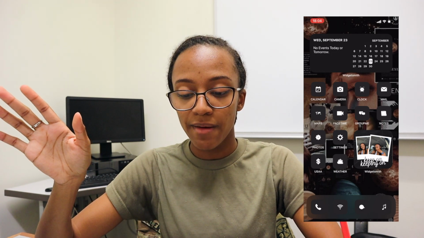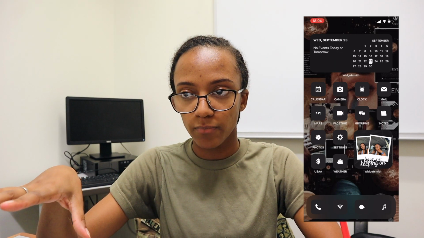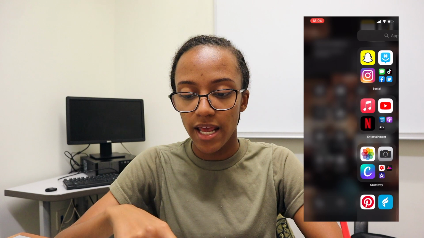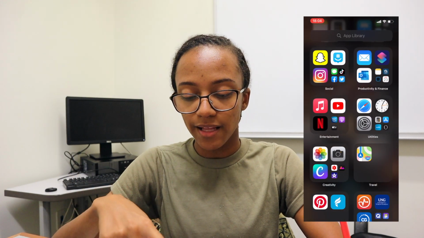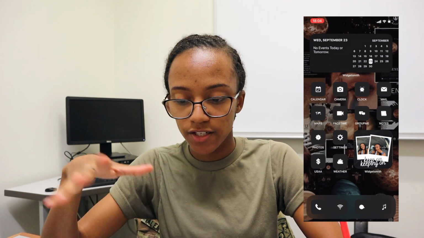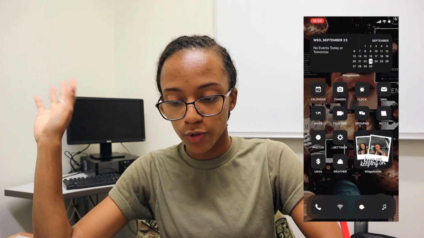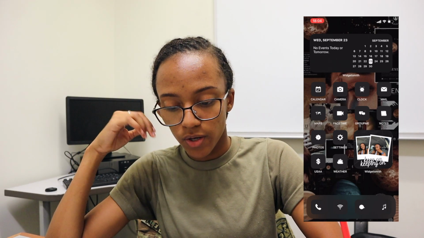Before iOS 14 came out, I would just have the top 3 rows filled with folders of apps. But now I can just put any apps that I'm not using into the app library to keep that aesthetically pleasing look. So I have these apps that I use: calendar, camera, clock, mail, maps, FaceTime, GroupMe, notes, photos, settings,